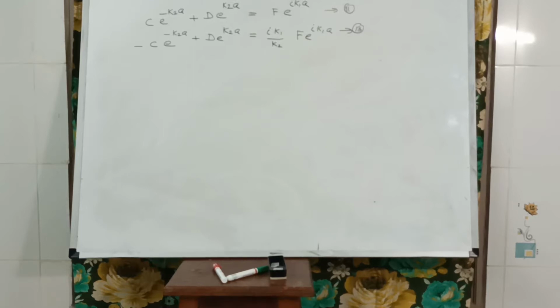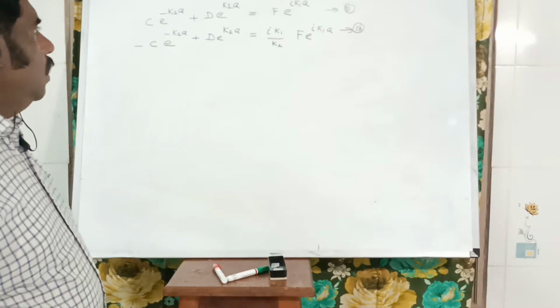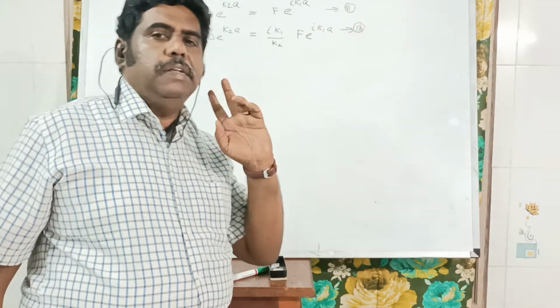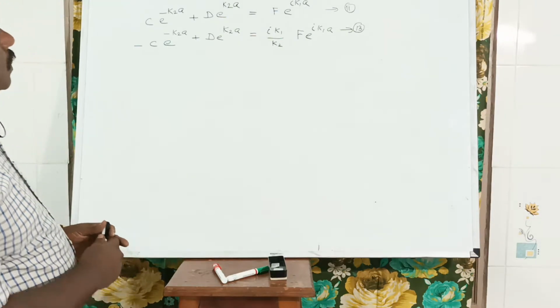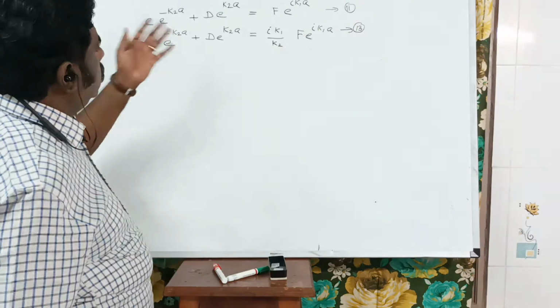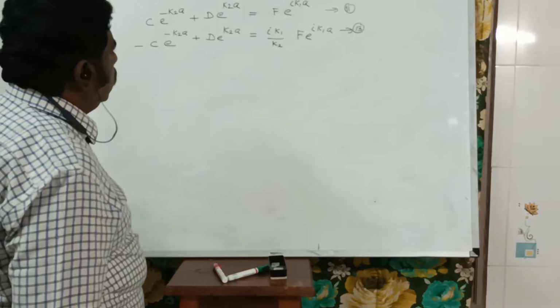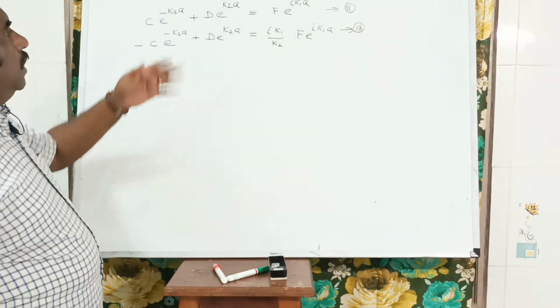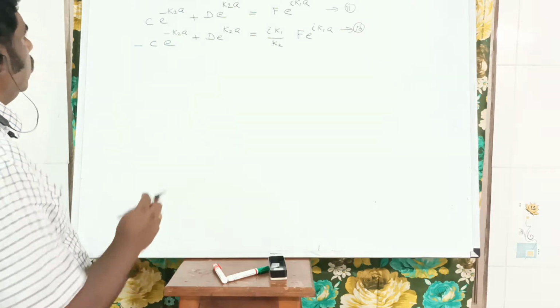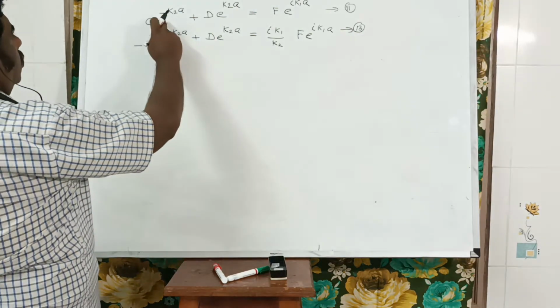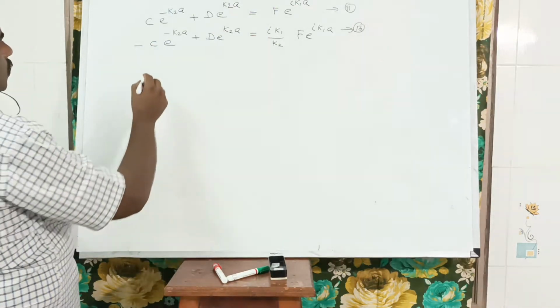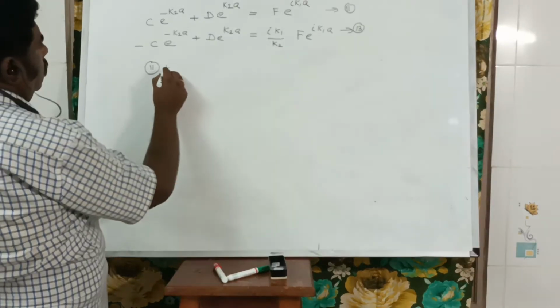This is the continuation of our tunnel effect. In the last lecture, we finished with equation 13. With the help of equations 11 and 13, we have to find the values of the constants C and D. If you add equations 11 and 13, we can get 2D, as the C terms cancel out. Say equation 11 plus 13